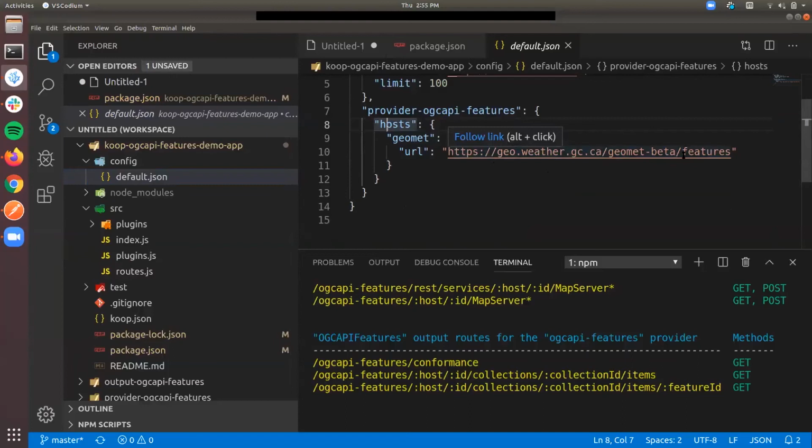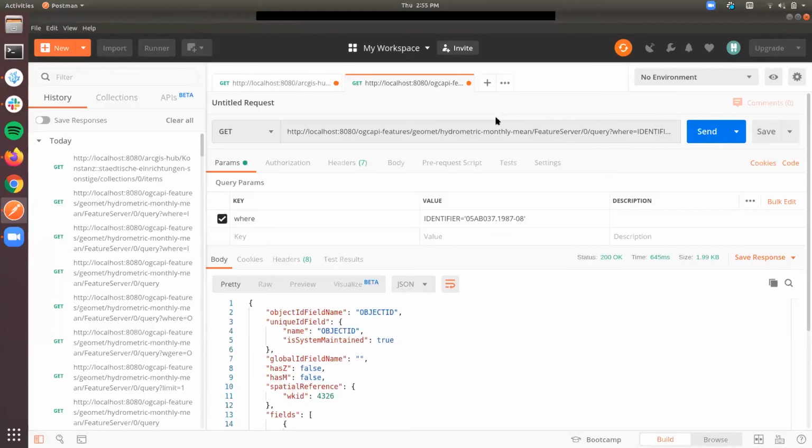This is an OGC API feature service. Then in this route, I am using the OGC API service provider, and it hits the host